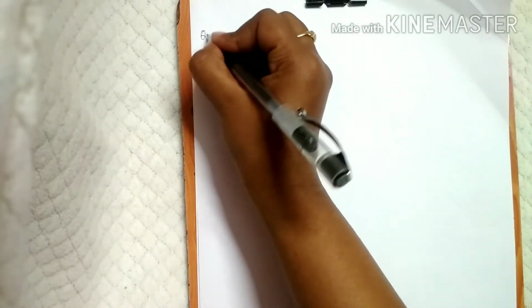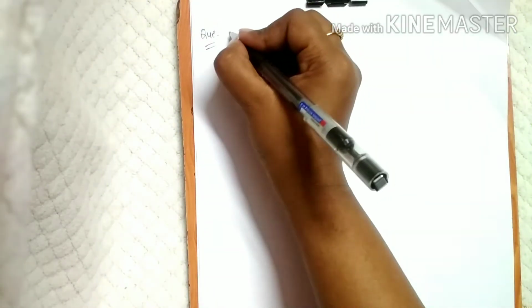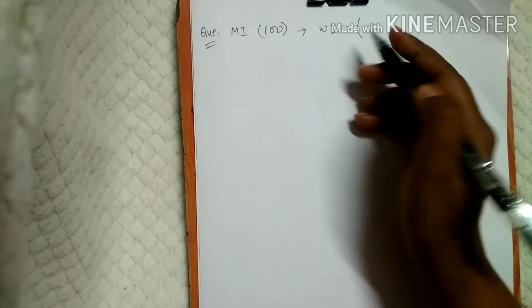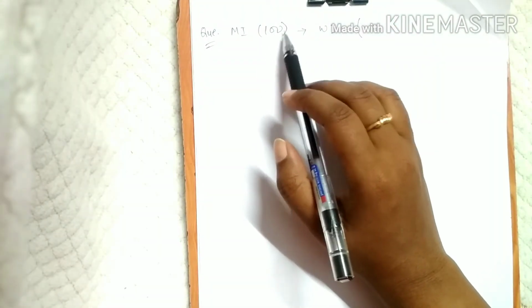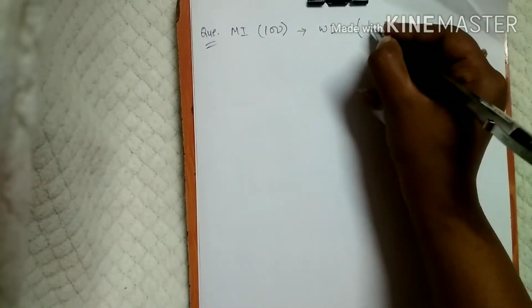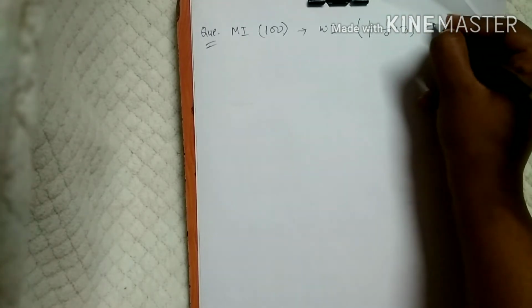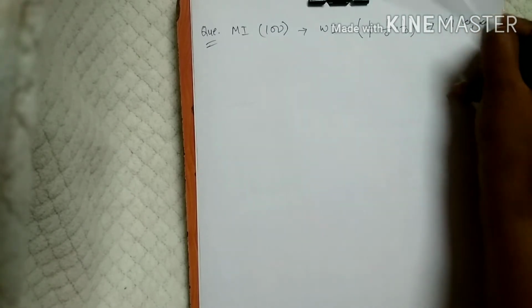So suppose in a question we have been given Miller indices as 100 and we want to find out the plane corresponding to these Miller indices. So first we are going to find out the Weiss indices for them. I have told you that in order to find out the Weiss indices, you have to take the reciprocal of it. So the reciprocal will be 1 by 1, 1 by 0, 1 by 0. So it comes out to be 1, infinity, infinity. So these are your Weiss indices, or you can call them the intercepts if you exclude a, b and c.